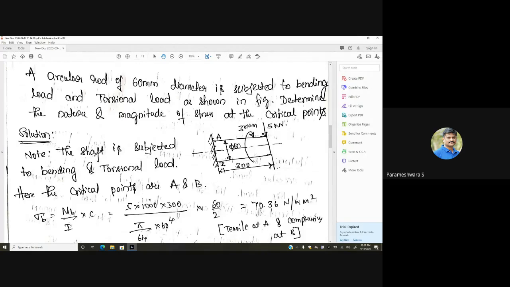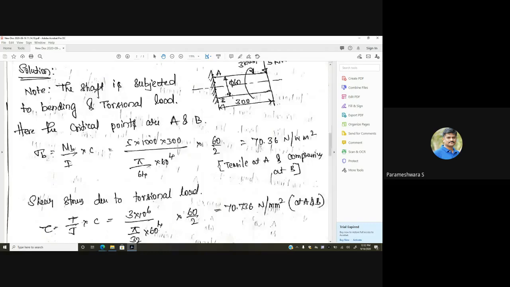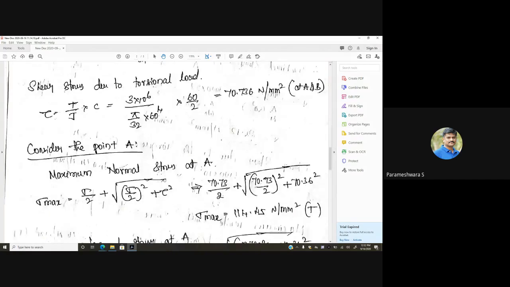What are these critical points? Critical points are the ones where the stress values are maximum, and from that point the material failure takes place. So those points are called critical points. So now we have to calculate the nature and magnitude of stress at these two critical points, A and B. So considering critical point A, we just calculate the